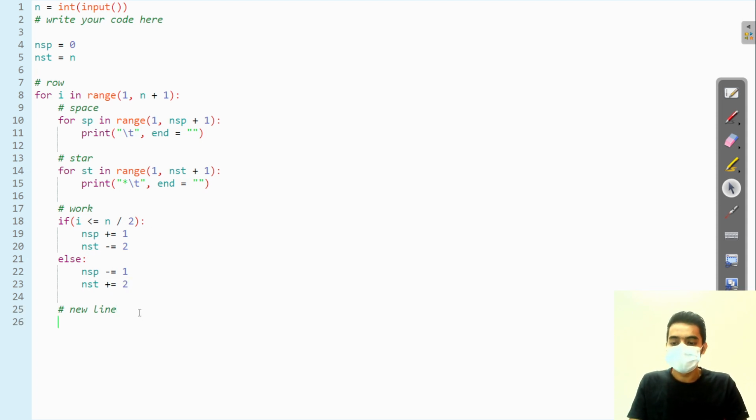At the last we have to print the enter or new line here. So at the last of the first row, we print the new line, and in the next loop, the next i range starts from the second row.